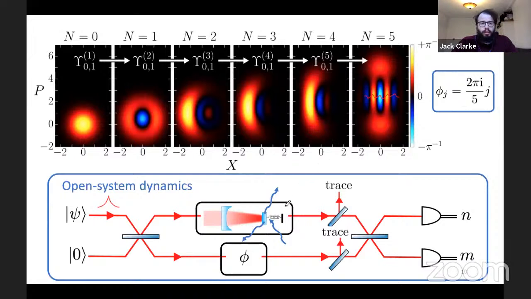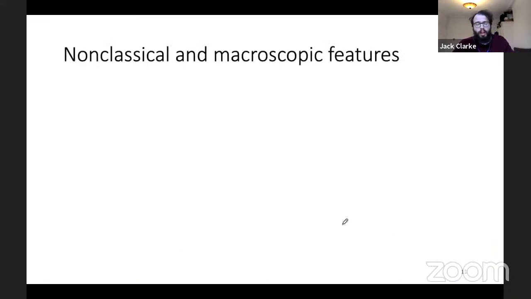We also think about the open system dynamics. So I said we need to be kicking in the same direction in phase space. That means we need to model mechanical decoherence in between steps. And also there'll be some detection inefficiencies and outcoupling inefficiencies, which we can model by beam splitters. And so what we're interested in now, when we take into account the open system dynamics,